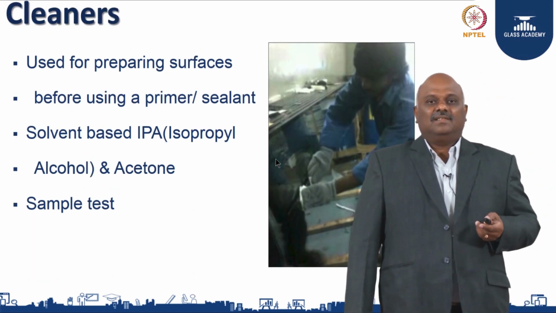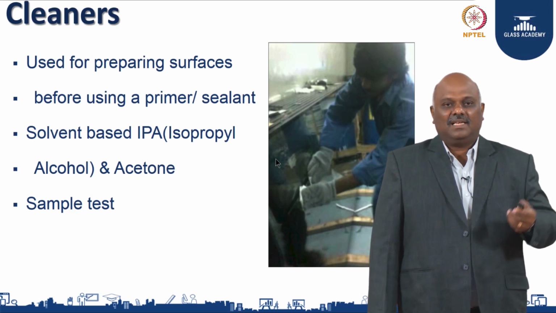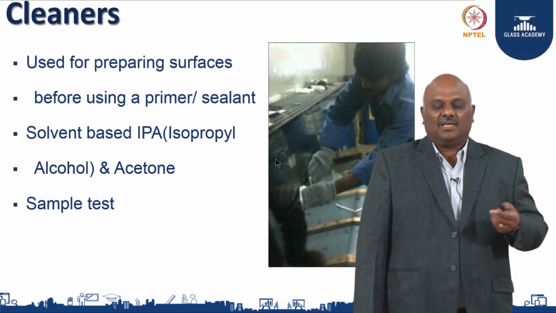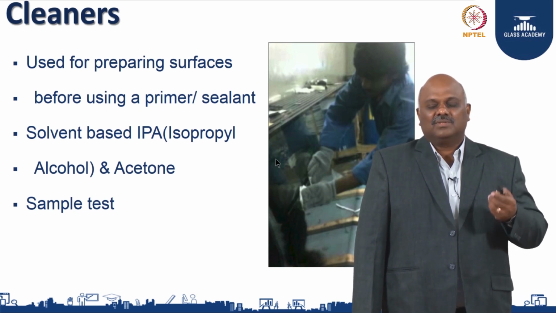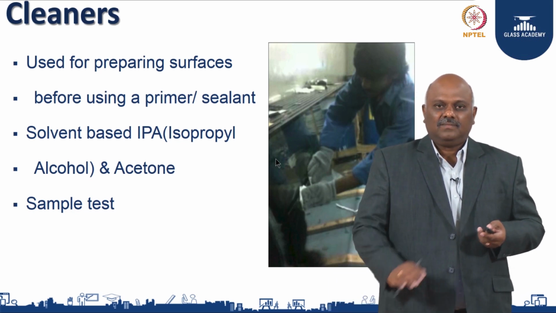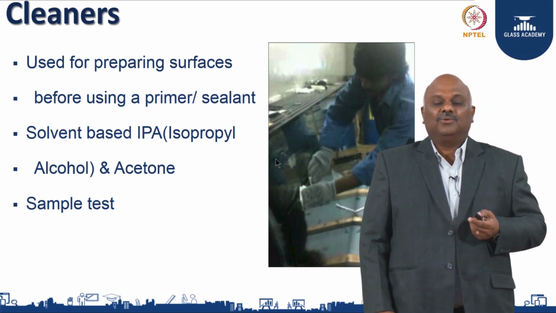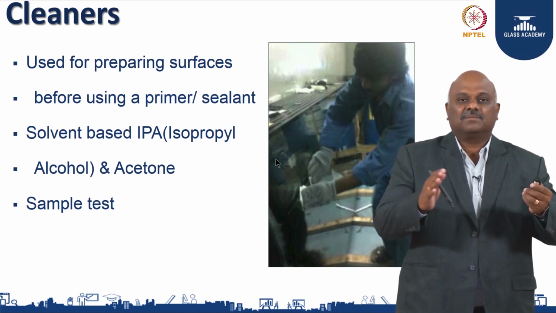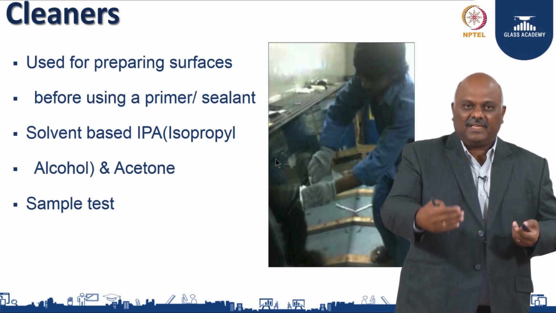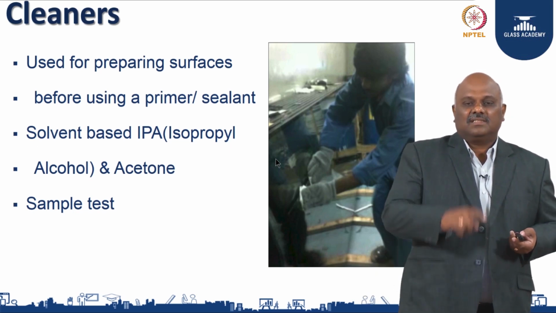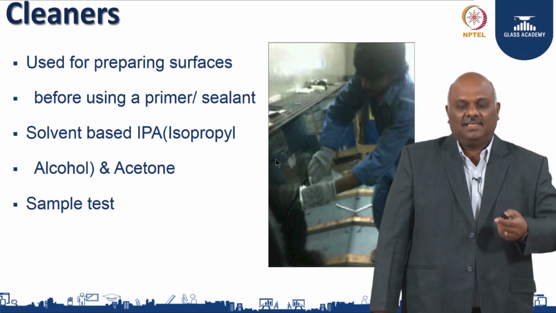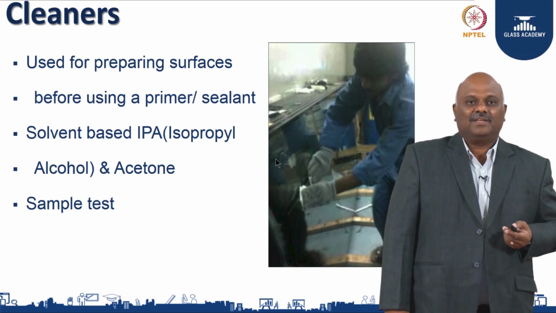This is application. When you are applying the sealant, you use a cleaner, you clean the glass, and there are a lot of options: IPA solution, alcohol, acetone. Use those kinds of specified cleaners to clean your substrate, then only you will be able to do the glue. Otherwise, if your substrate is not clean, then whatever you want to attach will fail. So, there are specified cleaners available. This is called surface preparation. Whatever surface you want to prepare to glue your glass, you have to do it in the recommended way.